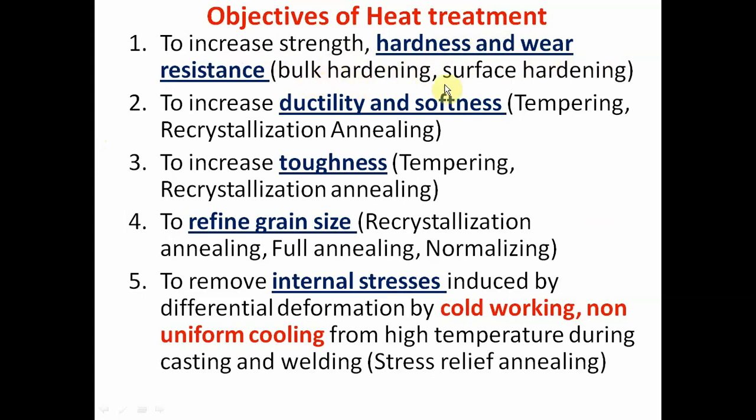So bulk hardening and surface hardening are some heat treatments carried out for increasing hardness and wear resistance. Then to increase ductility and softness, we are going to carry out tempering and recrystallization annealing. In this kind of heat treatment, because of transformation of austenite into pearlite, ductility increases and ultimately softness increases. Then to increase toughness